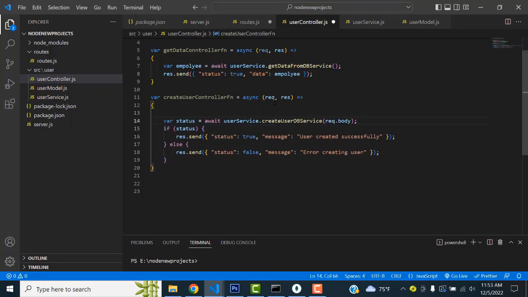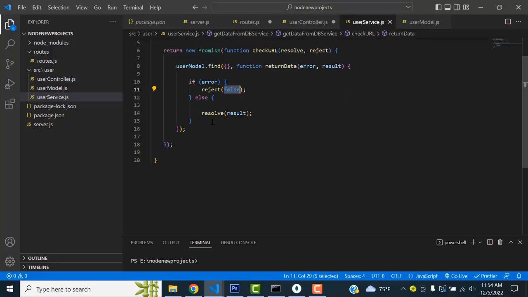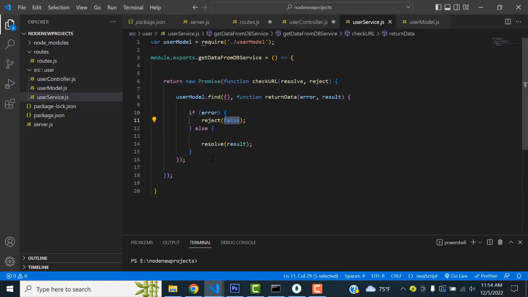Now you can see here, when the request is coming, this is the function, create user FN. The request is coming, this will be passed to the user service to create the records. When it is passed to the user service, if the request body is coming successfully, it says user created, otherwise it gives an error creating the user, right? So let's go to here. We already created the one here as